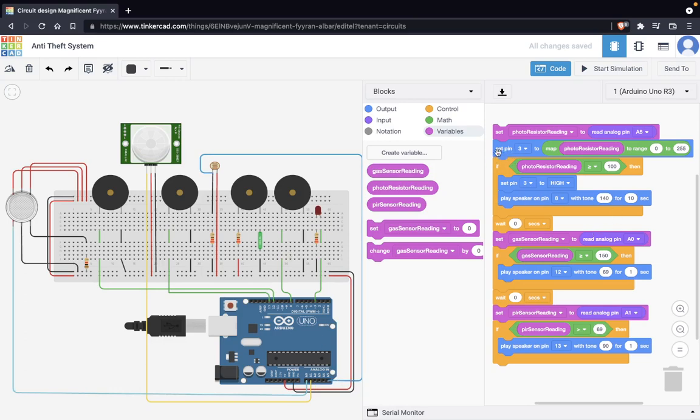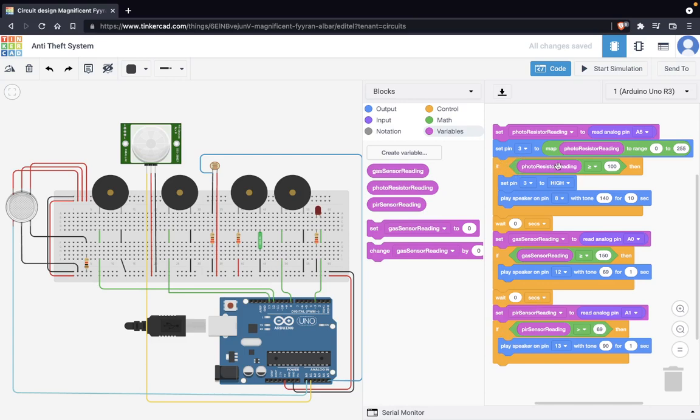Now looking into the logic, I have set the pin number 3, which is this LED, and mapped it to the value of photoresistor reading, and ranged it from 0 to 255 just for the sake of brightness. And here is the logic for the photoresistor, the logic for the gas sensor, and the logic for the PIR sensor.